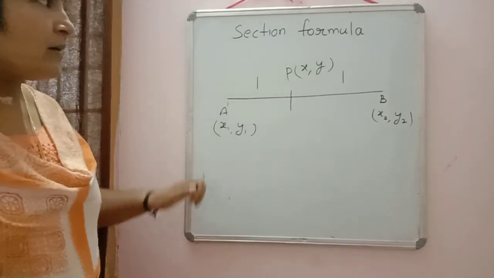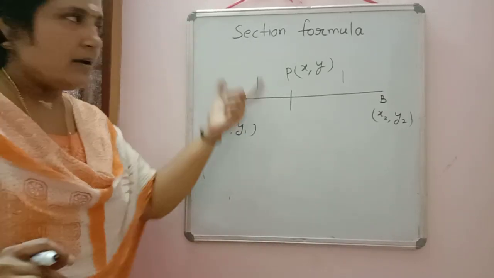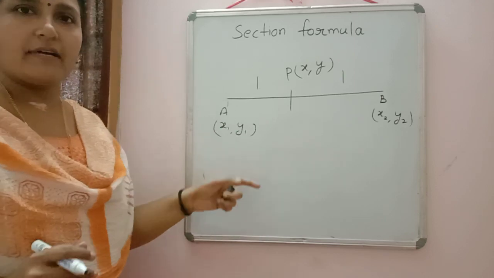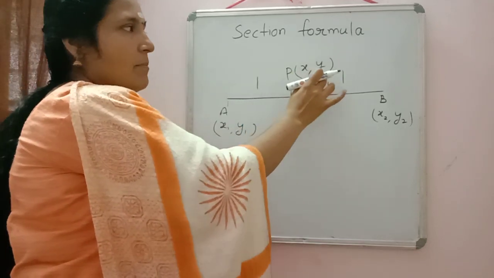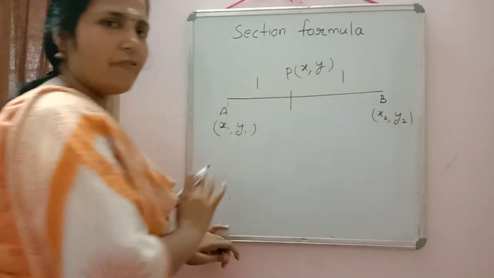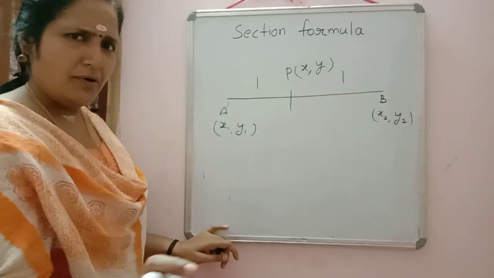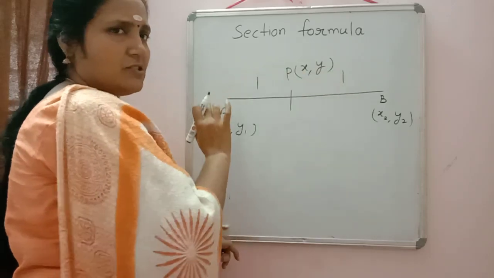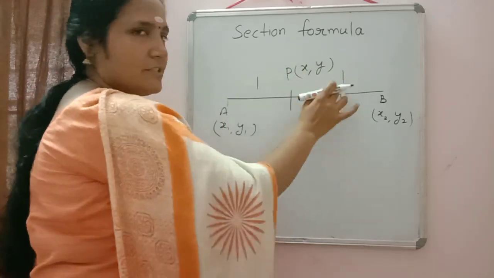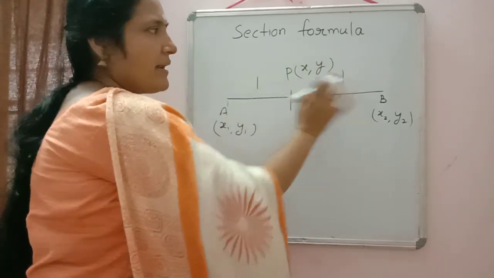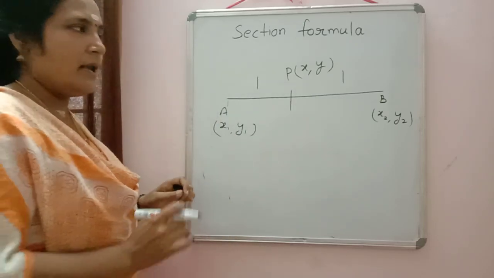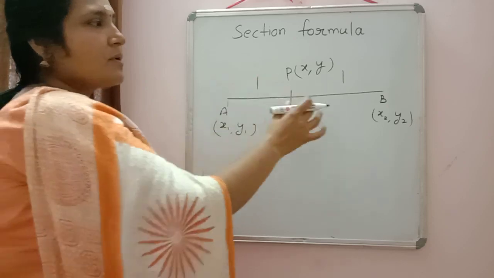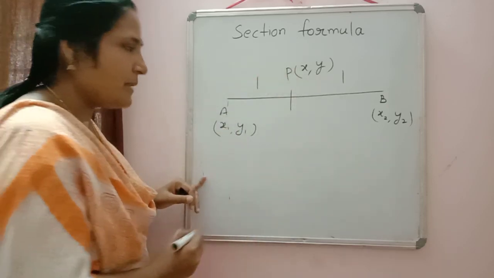Now we will check. So you all can write down. First you wrote section formula. After that write down. The next case is if P x comma y is the midpoint of AB. Don't have to show that the ratio is 1:1. Directly you can write in this way. Draw the diagram also. We'll write the ratio 1:1. Now using section formula, we'll check what will be the x coordinate and y coordinate of P.